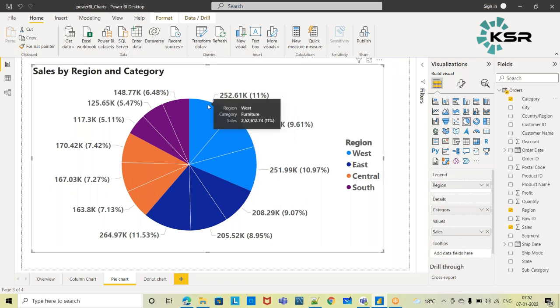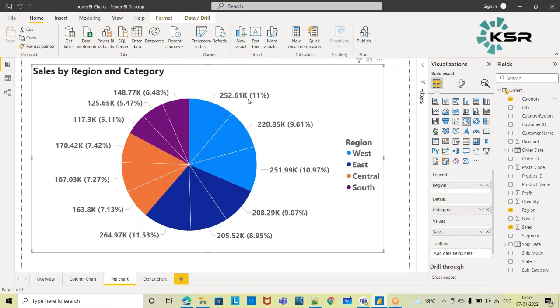Suppose now furniture, office supplies and technology have to give the percentage with respect to West. So when I add this 11 percentage of furniture, 9.61 percentage of office supplies and 10.97 percentage of technology, this actually has to contribute to 100% with respect to West. But here we are not getting those values, right?